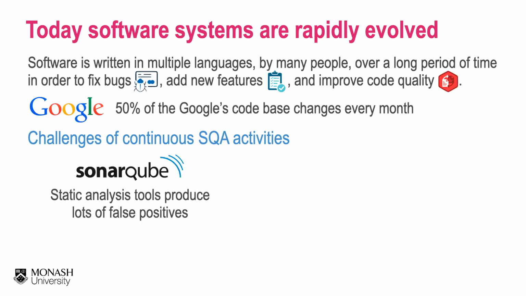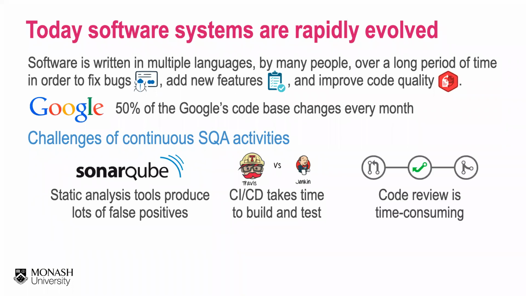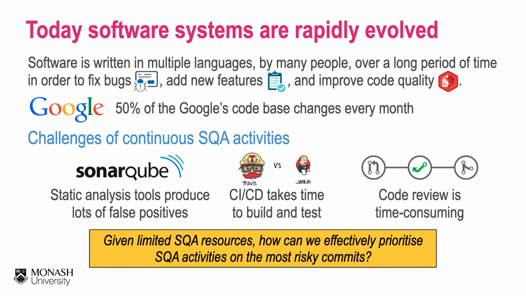Many SQA tools and techniques have been heavily invested in. For example, some use static analysis tools to generate warnings, but they often produce lots of false positives. Some use CI/CD for test automation, but build and test execution time are very slow for large-scale software systems. Some use code review, but it is still time consuming. So that means we cannot perform SQA activities for all code commits. And the million-dollar question is, given the limited resources, how can we effectively prioritize SQA activities on the most